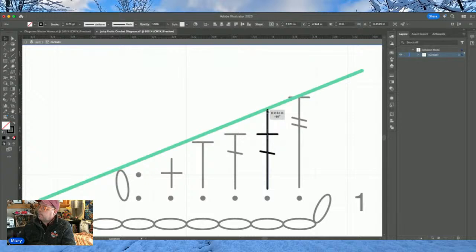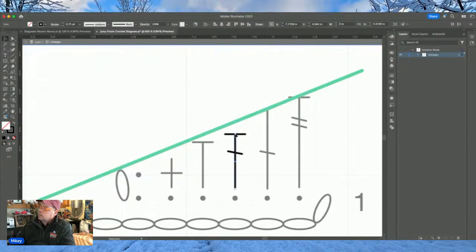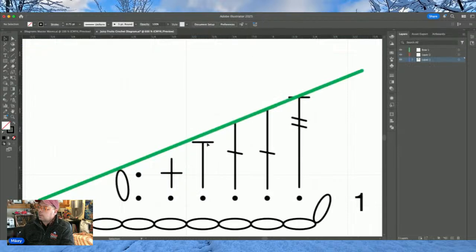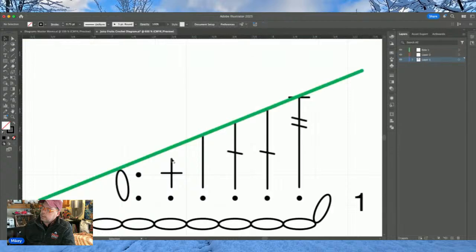We're going to move this guy up and bend it. And bend. And have to move up and bend and bend. And I want to get the height of this single crochet to be